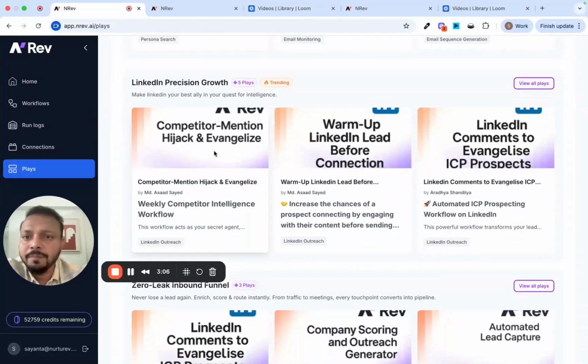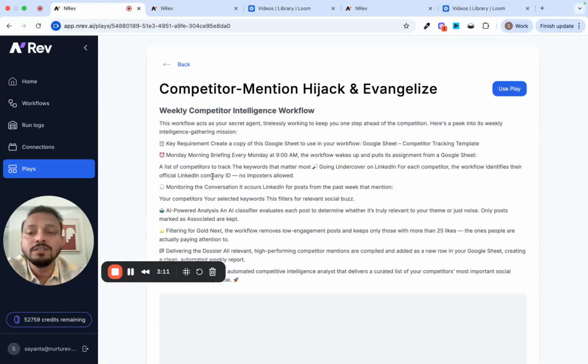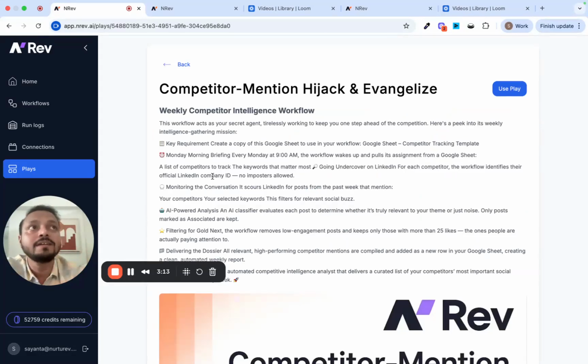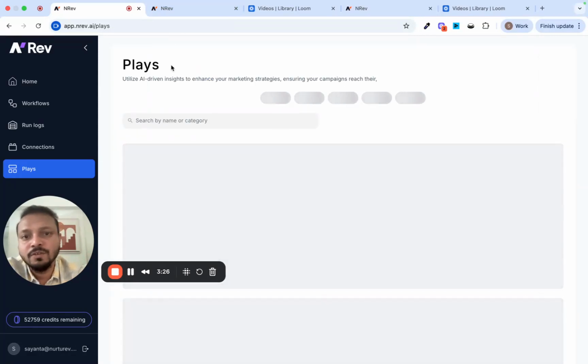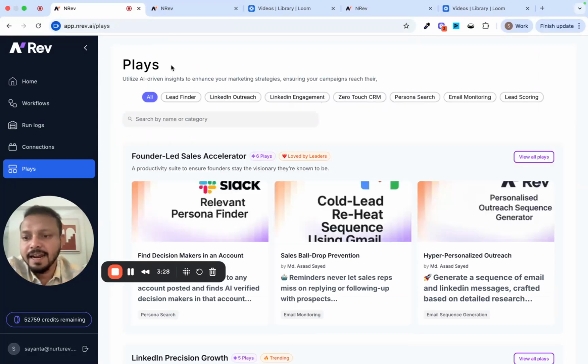For example, the competition workflow is pretty crazy. You can track which accounts your competitors are prospecting to. That means which accounts your competitors' sales reps are engaging with on LinkedIn. And that gives you basically hot leads, who you can just go and play the right battle card to and win onto your product or services.